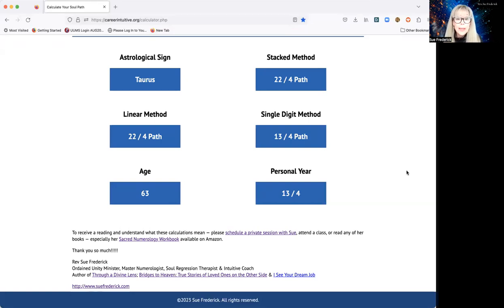And then we look at the age, and we can say, oh, she just a few years ago came out of that second Saturn return of our late 50s, when we have a big wake-up call of some kind that's programmed in our late 20s and our late 50s. And what did we learn from that time? And then we go to the personal year over here on the bottom right, and she is in a